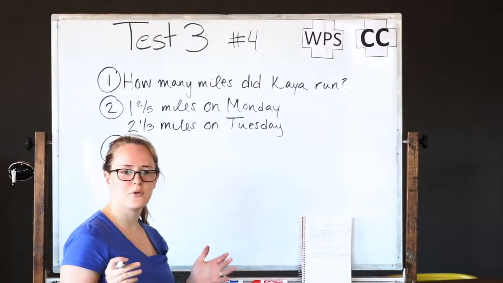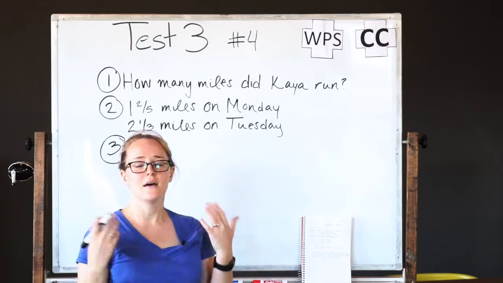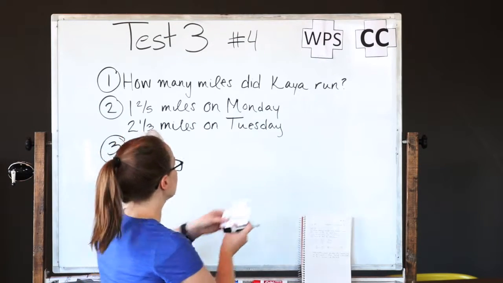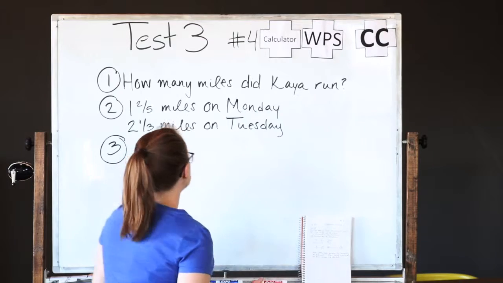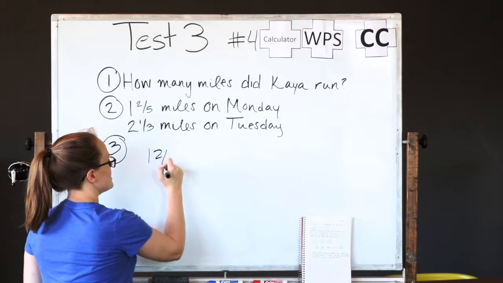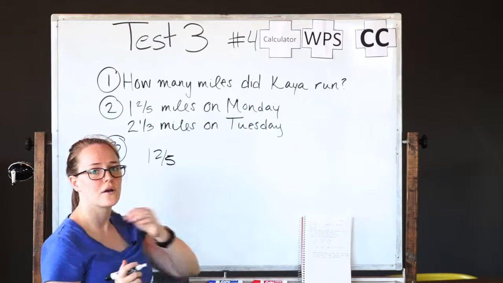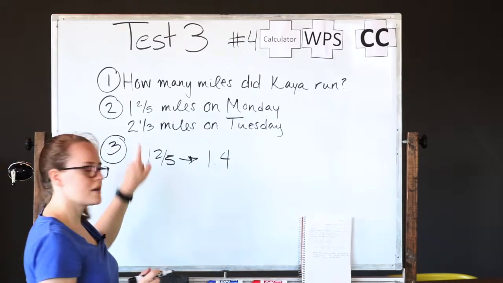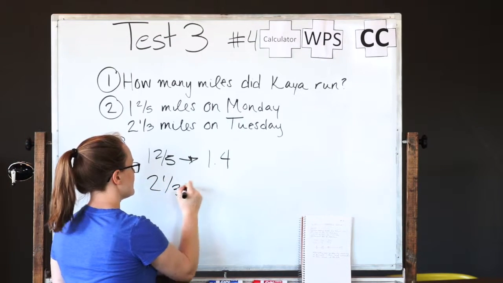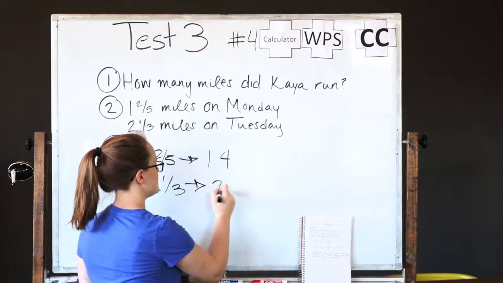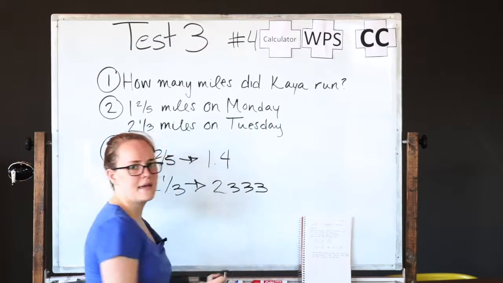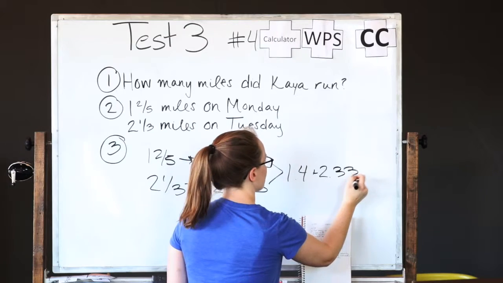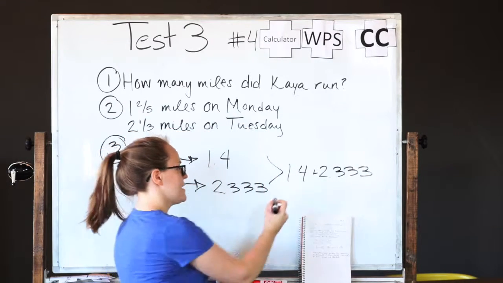Okay, so if you're not that comfortable with all the fraction converting we just did, the other way you can do this is to use your calculator as your friend. Calculator. So 1 2/5 you are going to turn into a decimal just by using your calculator. And so that becomes 1.4. 2 1/3, you're going to do the same thing. On your calculator, if you turn that into a decimal, it becomes 2.333. Then you can add these together, 1.4 plus 2.333, and that gives you